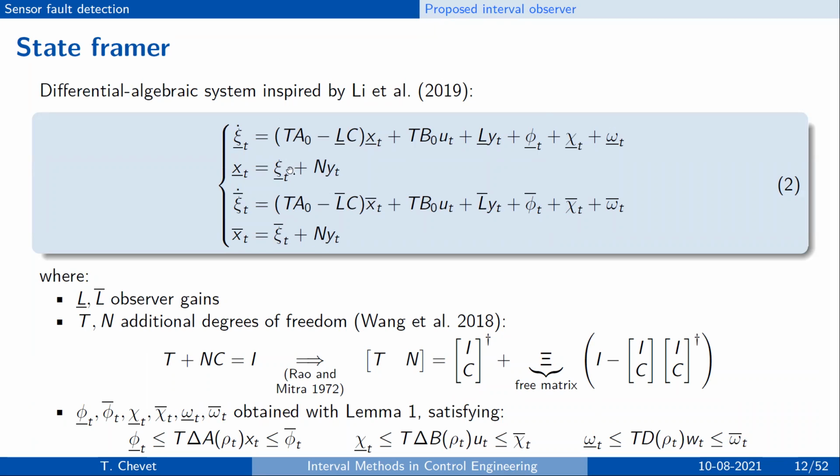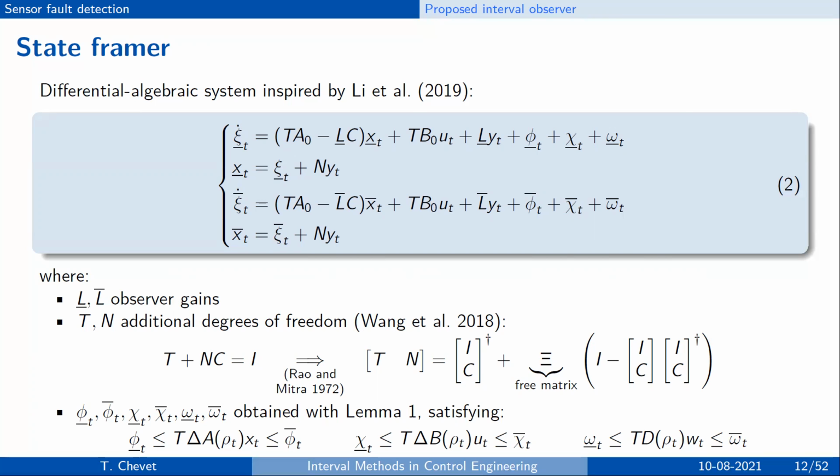And in both the differential and algebraic parts, we have the introduction of two matrices T and N, which follows the strategy introduced by Zhenhua Wang and his team a few years ago, which consists in defining T and N satisfying this equation, so that we know that they have this expression here where C is a free matrix, thus introducing an additional degree of freedom in the tuning of